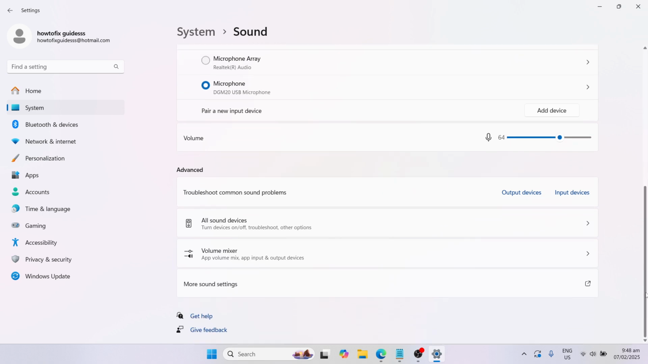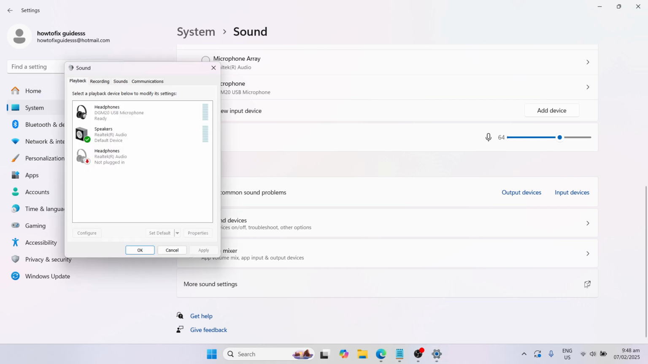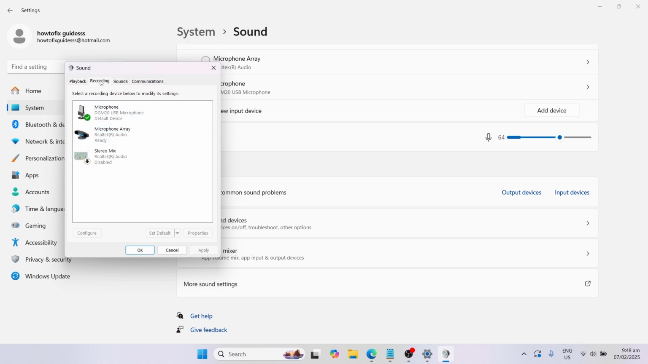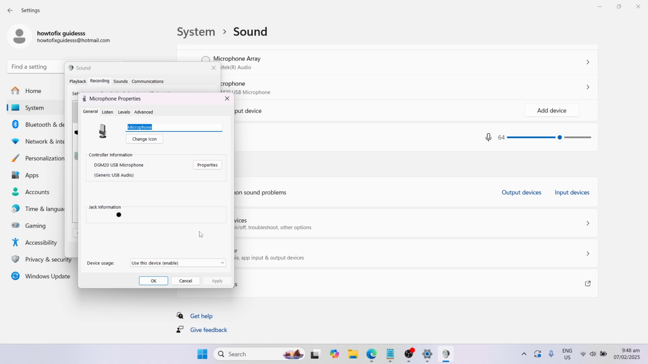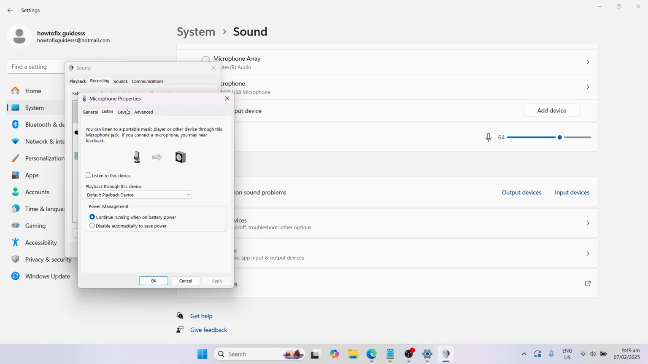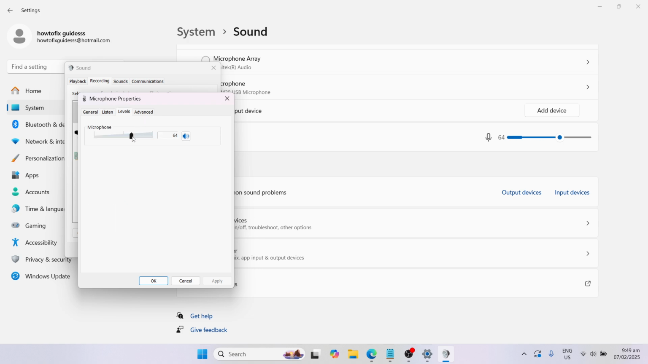and go to more sound settings. Click the arrow icon here and it will open a new window, and here you need to make sure that the default device is your speaker, and then might as well here in the recording the microphone is the default device, and you need to make sure that here in the properties the microphone is in the change icon, and here in the levels it is in maximum 100. Okay,